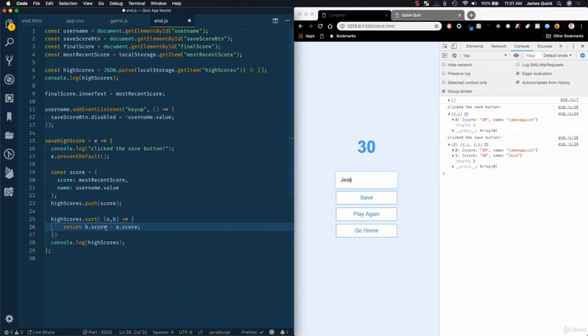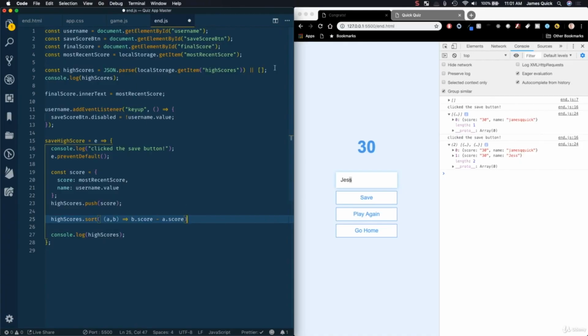So this is basically saying if the B score is higher than the A score, then put B before A. So if you've seen these kind of functions with arrays and using arrow functions, you might also know that there's an implicit return. So you don't actually have to have the return, and then you don't have to have the brackets, and you don't have to have the semicolon. So all in one line, we can sort this array by doing this line here, and it's going to sort it by score. So that will give us a sorted array, which might have more than five